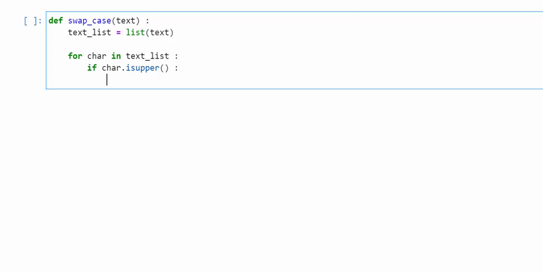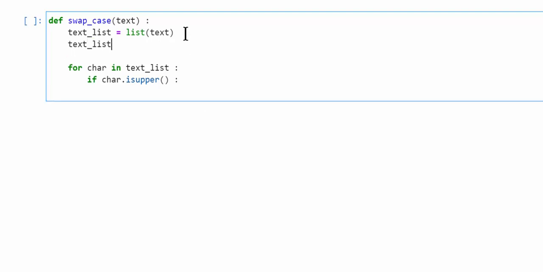Now there are again two ways of doing this. You could create a new list, like say, a blank list, and then keep appending characters to that list. Or you could enumerate this list and then get the index of each element and convert this list itself. So either way is fine. So in this case, we are trying to create a new list, initialize it to empty, and then start appending characters to it.